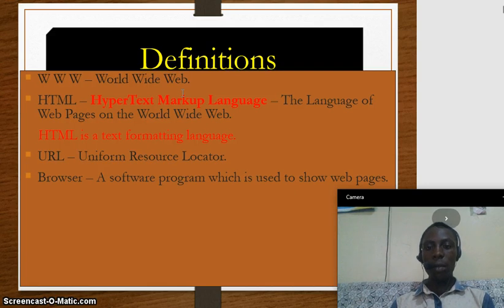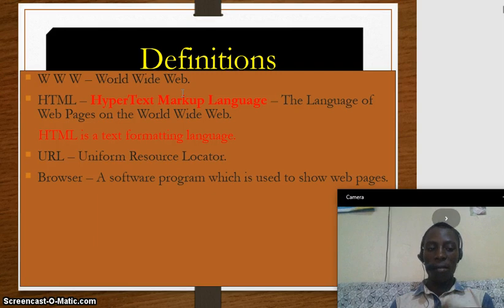Okay, so we have another term, that is URL. This is the uniform resource locator. It is also another term that we are going to be using here in HTML. Then the browser. The browser is a software program which is used to show web pages.